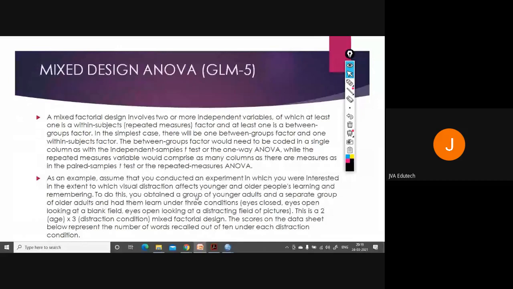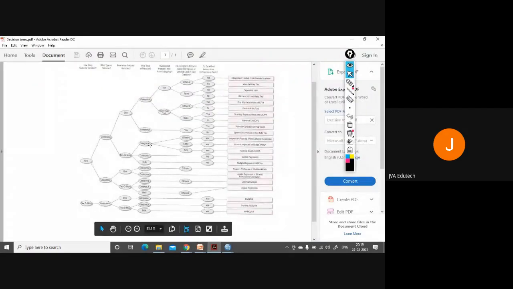To do this, you obtain a group of younger adults and a separate group of older adults, means if you could see the decision tree, you'll find that your population is coming from both, means different and same.